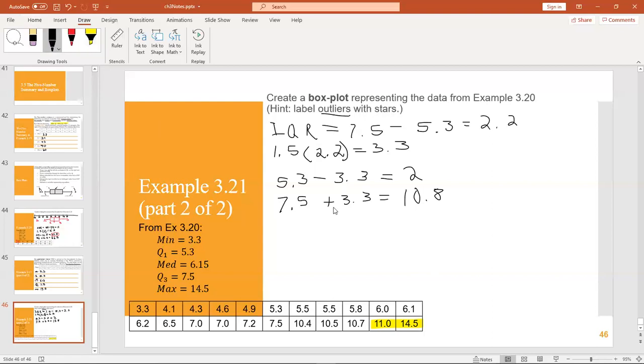And so much like we did last time, let's draw a number line just for scale here. Our lowest value is 3. Our highest one is 14.5. So maybe what we'll do is we'll start at 3 and we'll count by 2s. So 3, 5, 7, 9, 11, 13, 15. All right, so